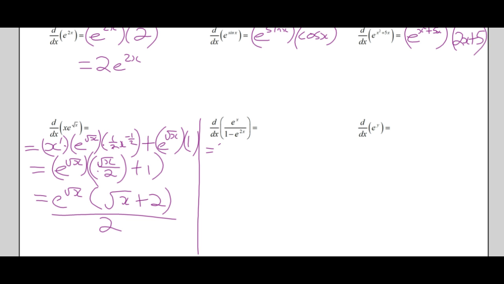So it's the denominator times the derivative of the numerator, which is just e to the x, right? Minus the numerator times the derivative of the denominator, which is negative e to the 2x times 2 over,